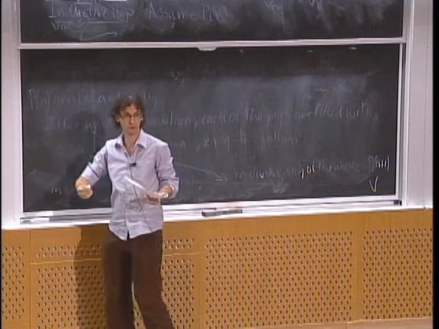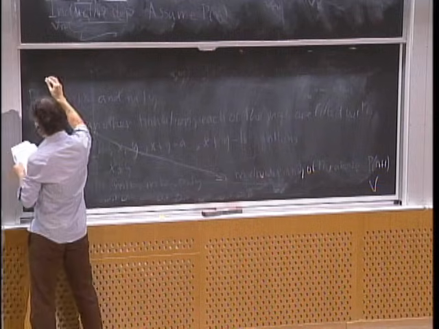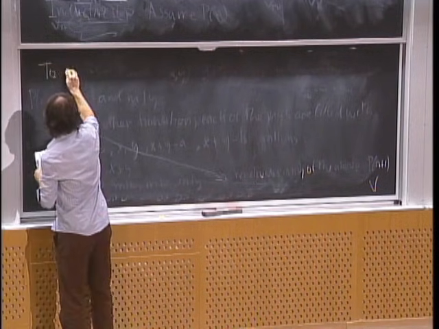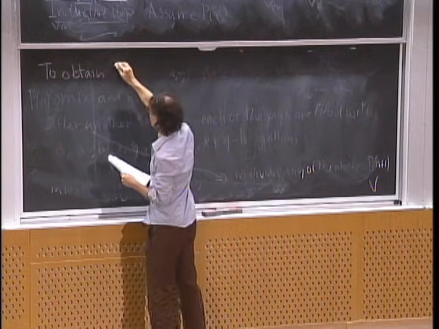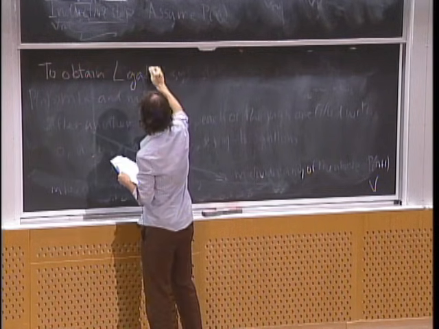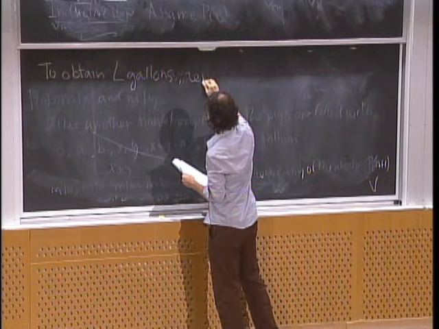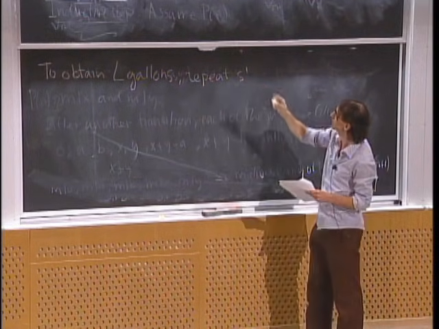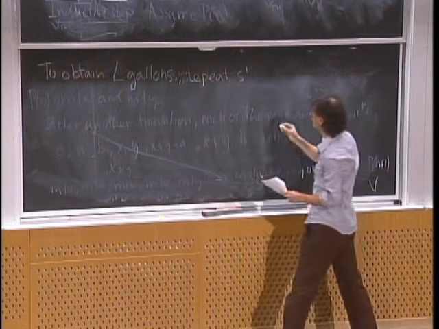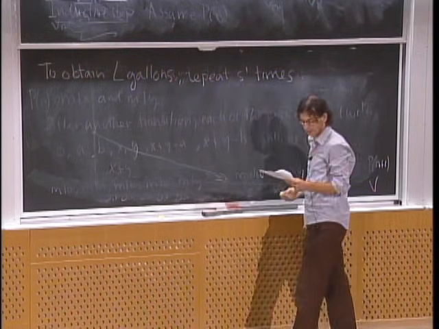And of course we're going to use induction again to prove this property. Okay, so how does the algorithm work? Well, to obtain L gallons, we are going to repeat S prime times, which is the number that we have over here, the following